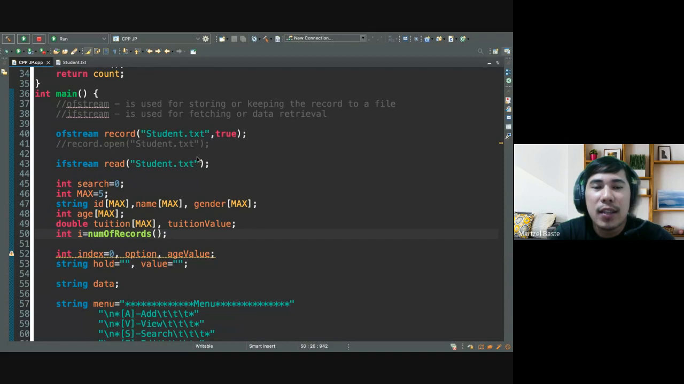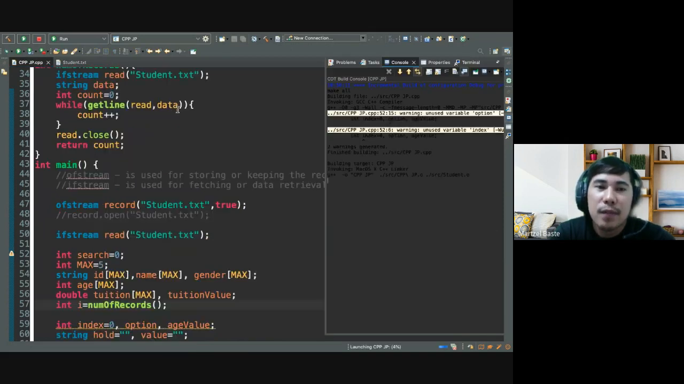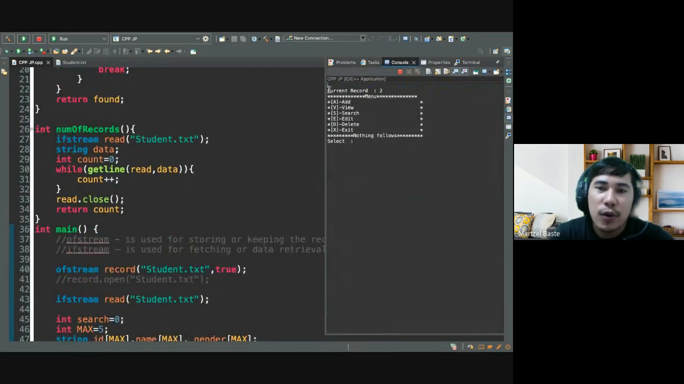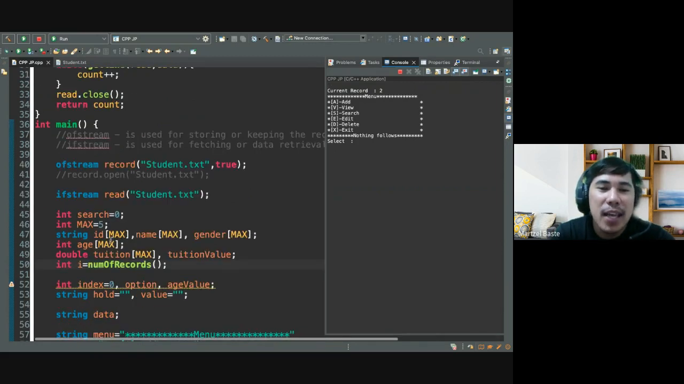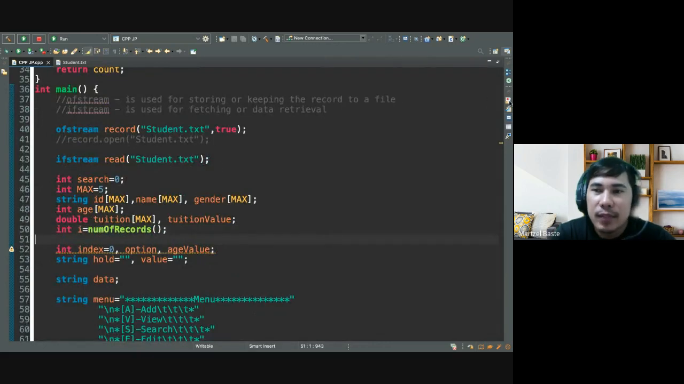But notice that if we run our program this time, if we did the number of records correctly, the current record now is 2. So meaning, this one is correct. Okay? Meaning, it read the records in the text file, which are Mart and Julia. So there are 2 records there. So the current record is 2 and we assign it to I. Okay? And yeah, we can also do the same for